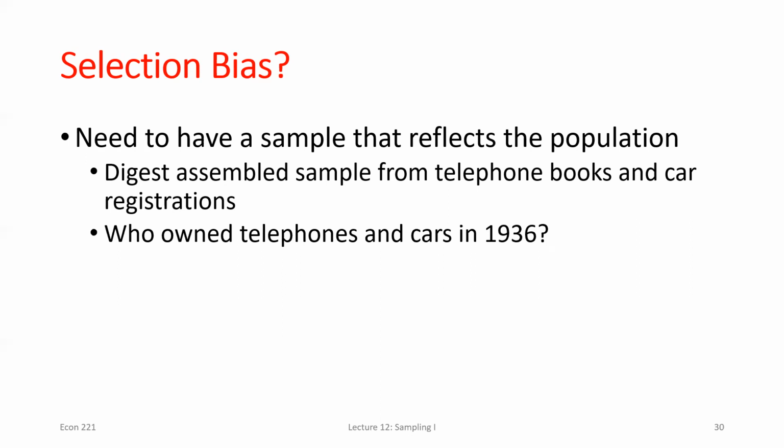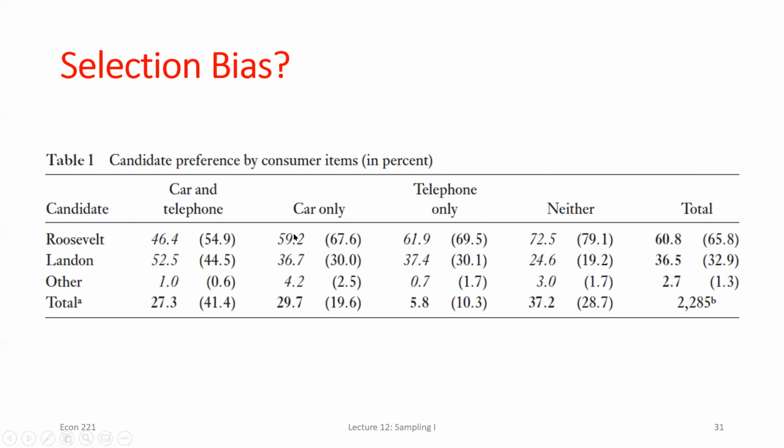more likely to vote for the Republican candidate, Alf Landon. So we had this selection bias built in. Now, there are some researchers, I forget what year exactly, I think last class I said it was the late 80s, early 90s, but they looked at this and said, okay, how is this poll so wrong? They went and found, I think it was about 2,300 people who were alive and able